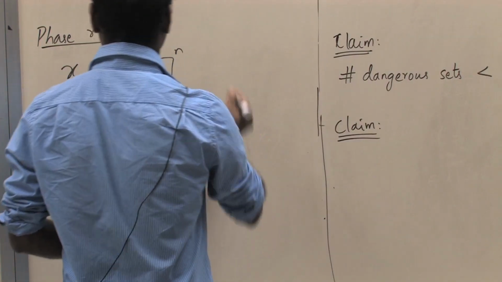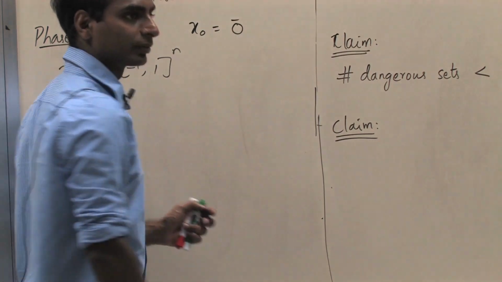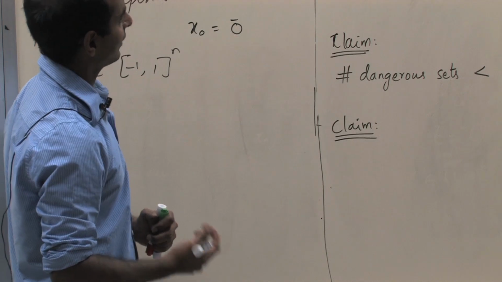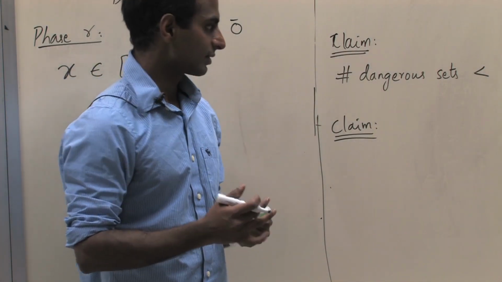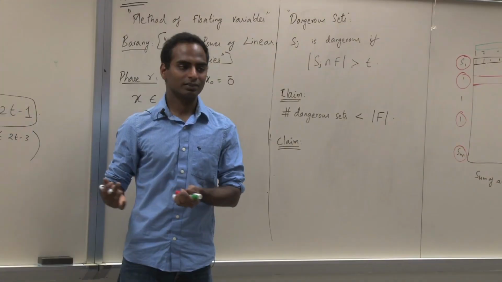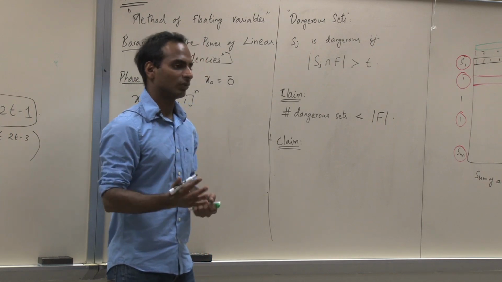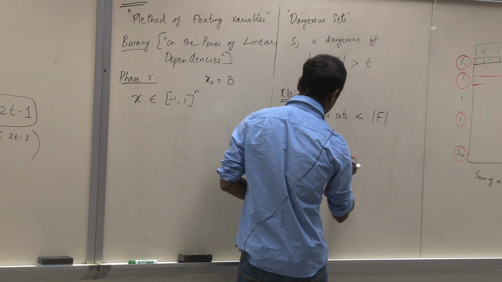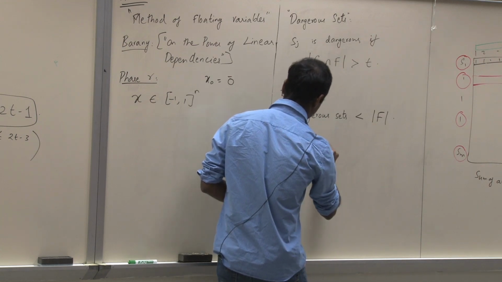Okay, and initially x0 is all zeros. Okay, the second invariant we'll maintain is that each dangerous set is as balanced as possible. How balanced can it be? Well, the sum could be 0, right? And that is exactly what we'll claim. So in each phase